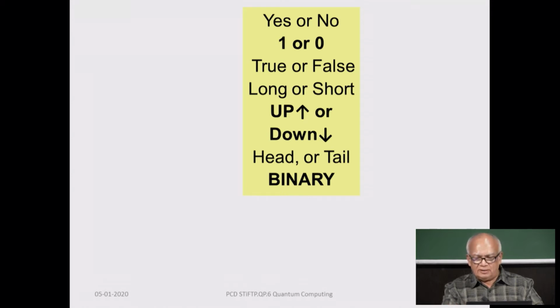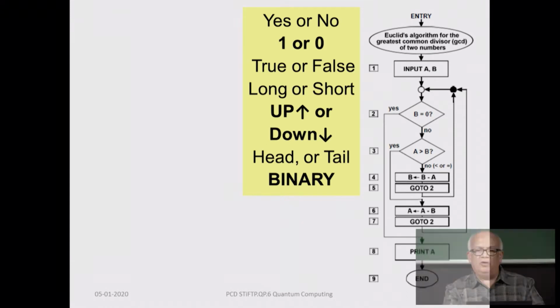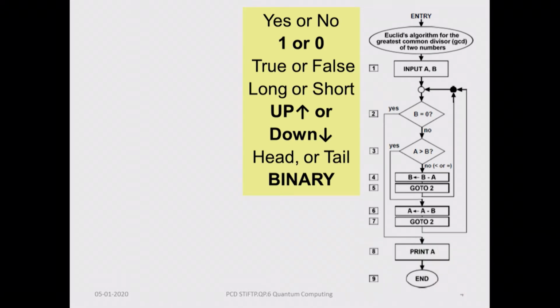And using this, Boolean algebra can be exploited to do any analysis of any kind of logical thought process, which is really amazing. Means it could be anything. It could be the Euler's algorithm to find the greatest common divisor, for example. And you can set up a flow chart, and no matter what problem you are dealing with, you can sort of break it down into yes no options and then take alternate paths, and using these alternatives arrive at a